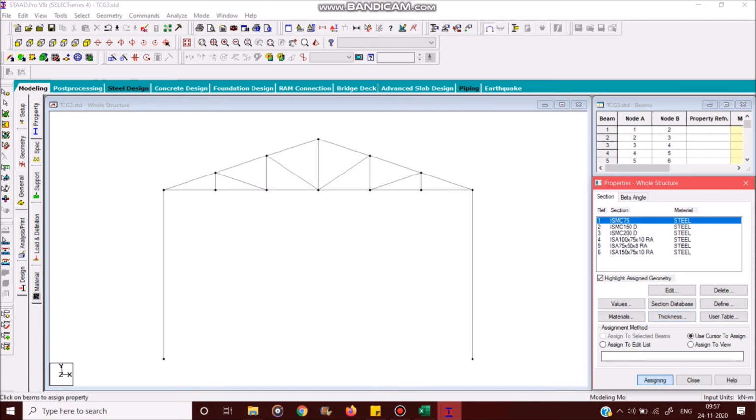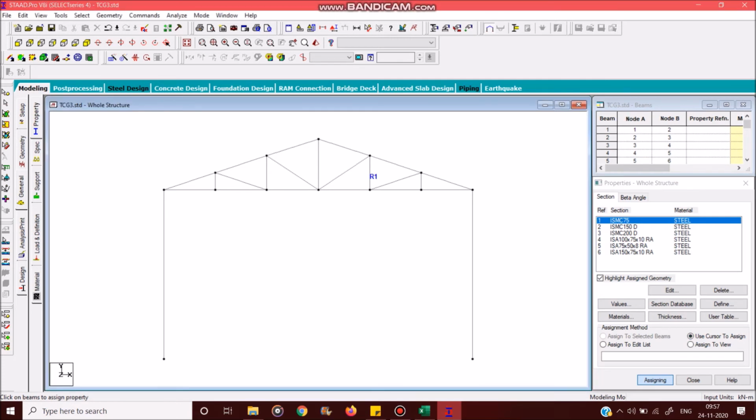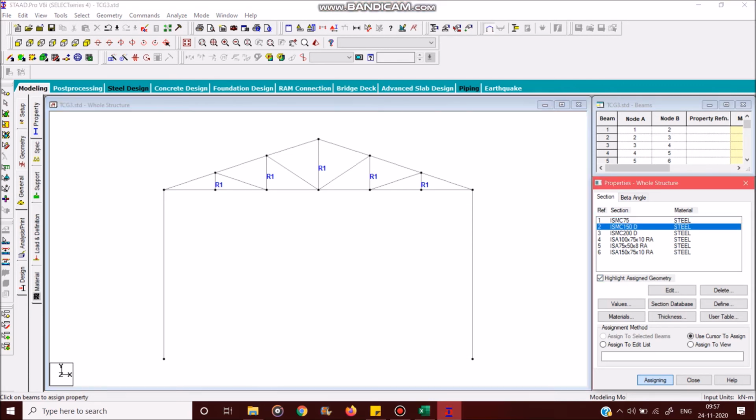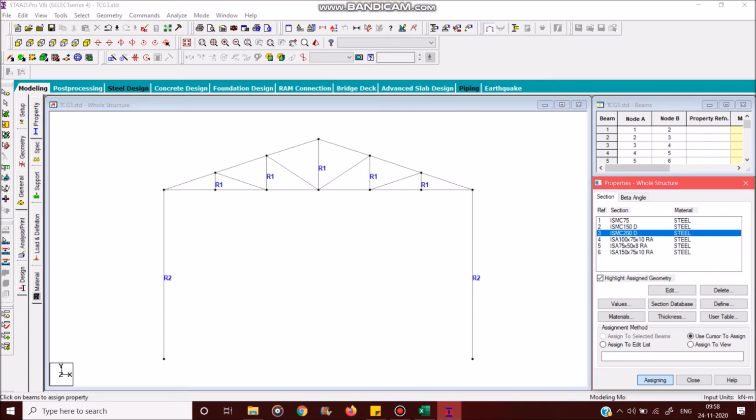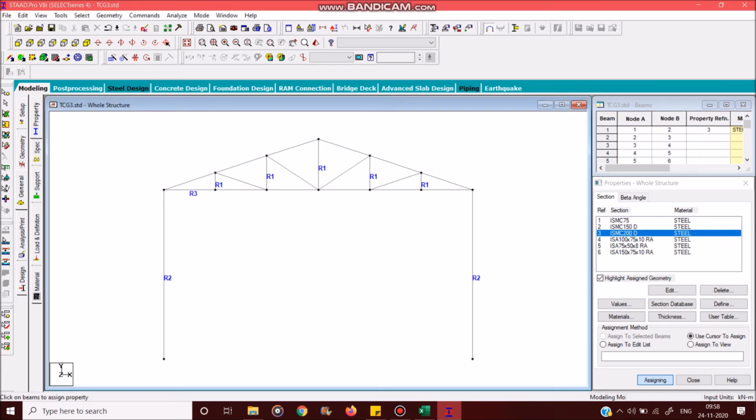So first ISMC 75, I'm going to click on ISMC 75 and click on use cursor to assign, and then I'm going to use it for my vertical members. And then ISMC 150, this was for my columns. And then ISMC 200, I'm going to use it for my ties.